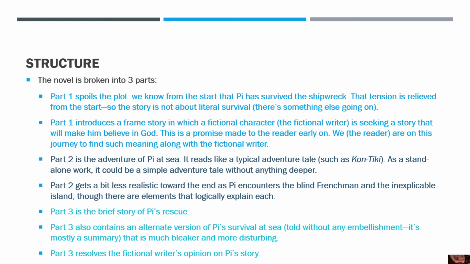So we do get this kind of long-winded introduction. We get introduced to Pi, and then we almost forget about part 1, basically. And then finally, part 3 is the very brief story of Pi's rescue. It includes a very brief and grim and violent alternate version to Pi's survival at sea, and then it also resolves the fictional writer's relationship with